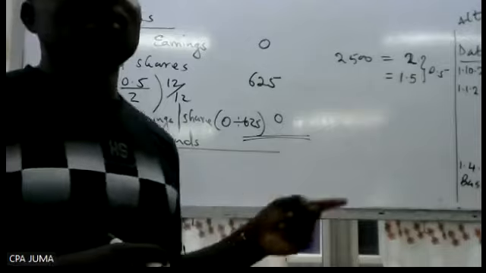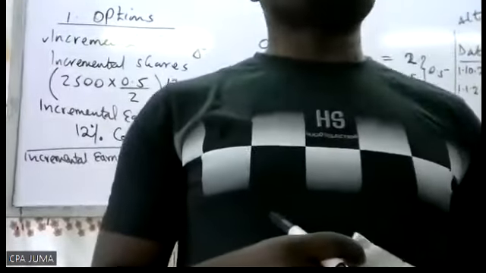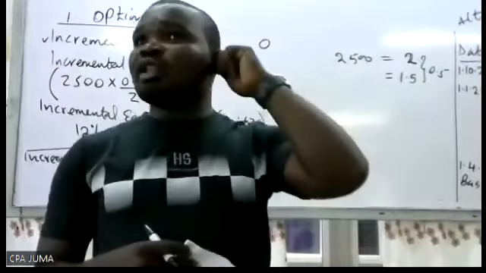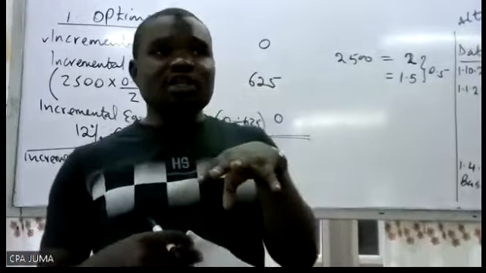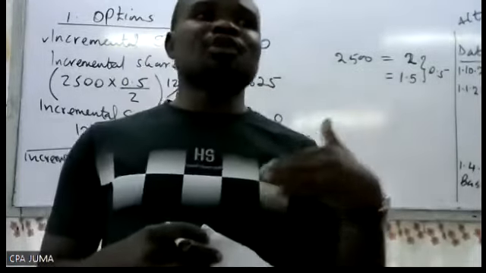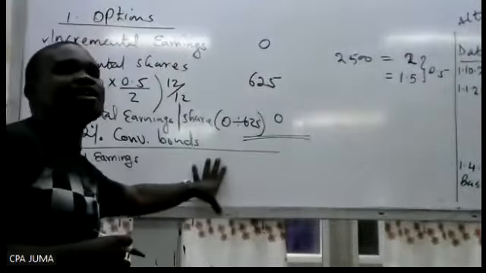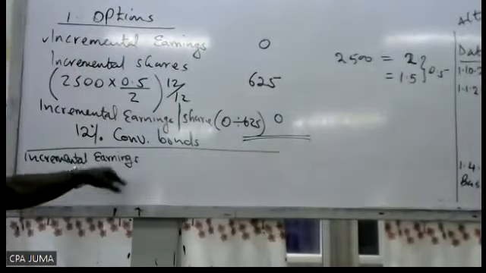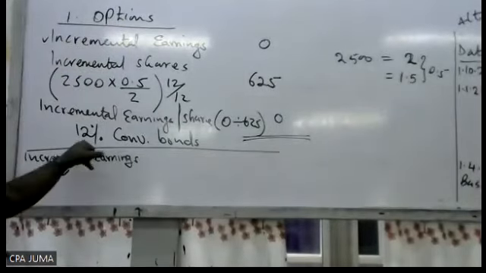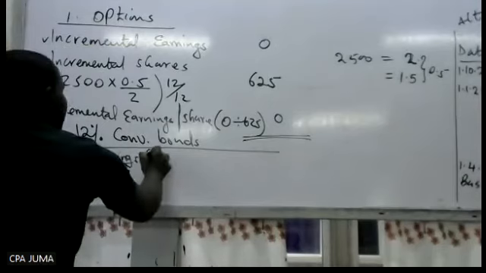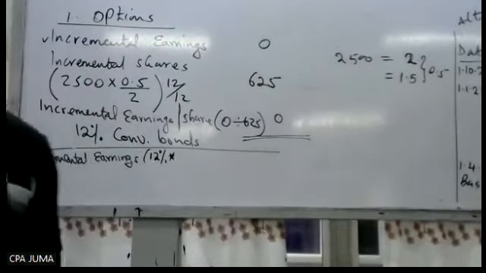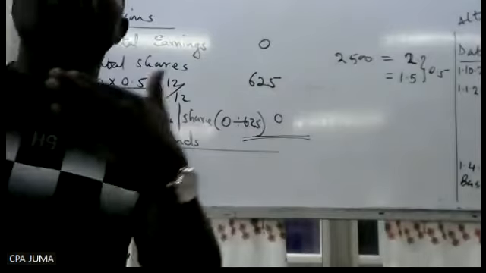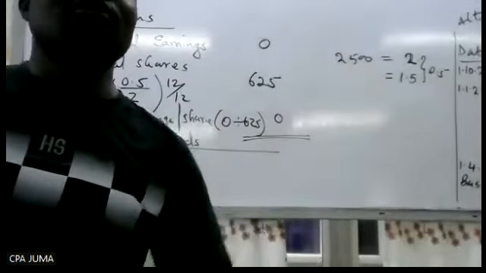Interest. Wanalipwangwa interest. So for incremental earnings, calculate interest on their bonds. When they are converted, they will cease from getting what? Interest. So the company will save. So you tell the company you will save this much. So for incremental earnings and bonds, calculate what? Interest. So we are paying them interest at what rate? 12%. Hakuna mtu wali convert. So you compute an assumption on what if they convert.